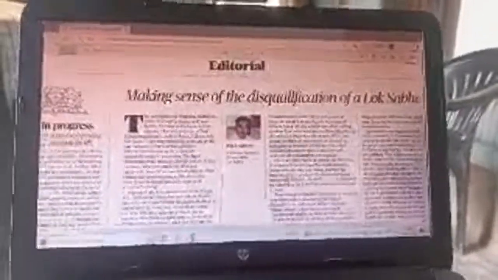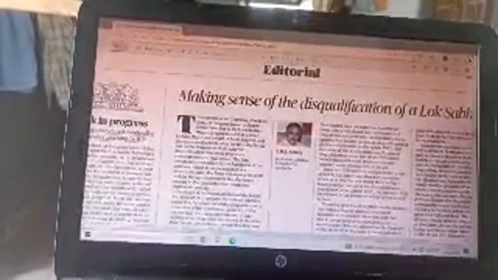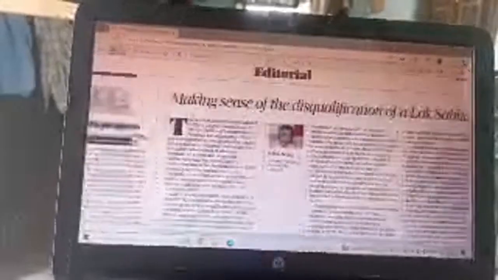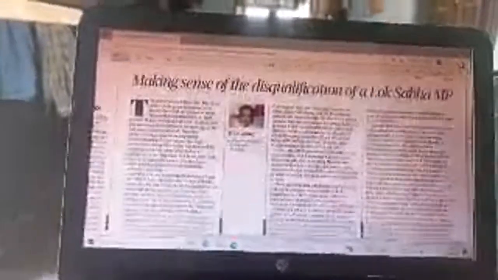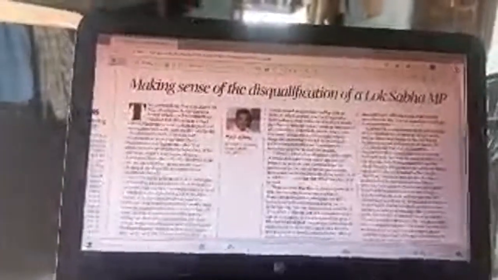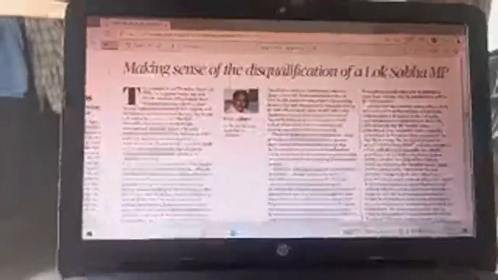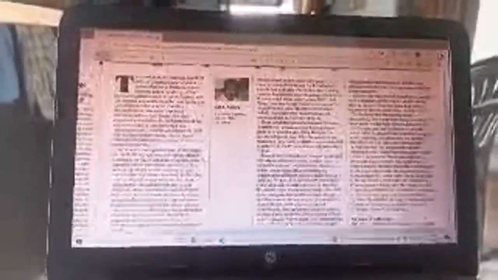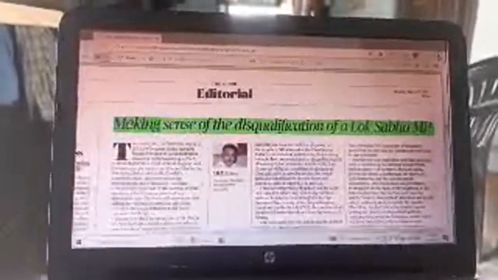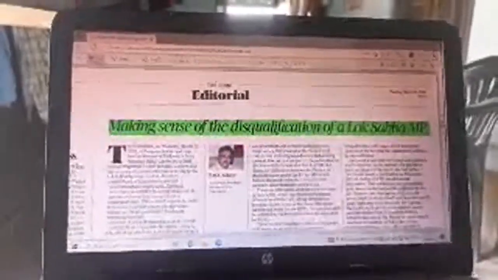Please believe me. "Making sense of the disqualification of Lok Sabha" is also from polity background. So we should compulsorily read it, and make notes on what the content is and which kind of content I will write. I'm making some notes, so you can refer. This is important for politicians and governance parts. If you know or do not know, first make notes.